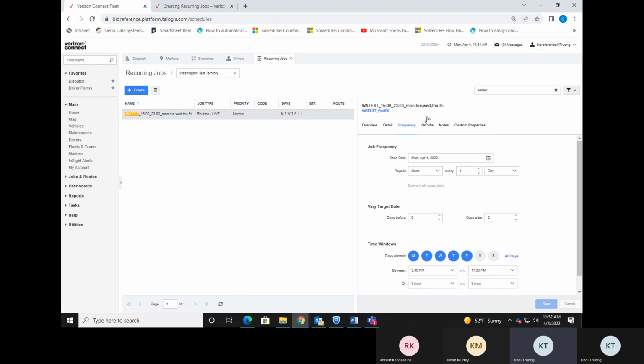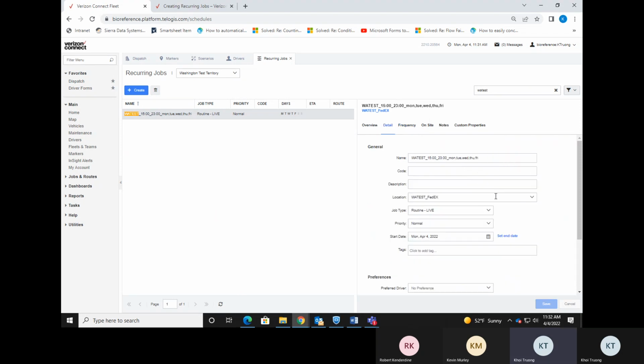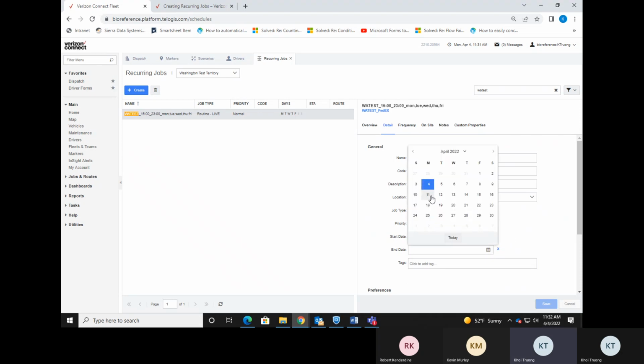But let's say now in this example that we know this pickup is going to be ending on a certain date. Let's say this pickup at WAE test has been non-productive for us and that we got approval from sales to switch it to on-call starting next Monday. So that's when we can do the set end date. So here in this example, we'll click into there and we can set an end date for this pickup. We'll click into set end date, and from there we can say that this pickup is expected to end next Monday,